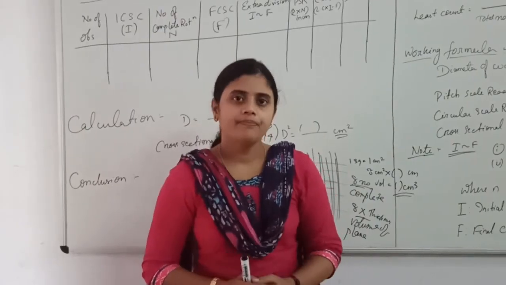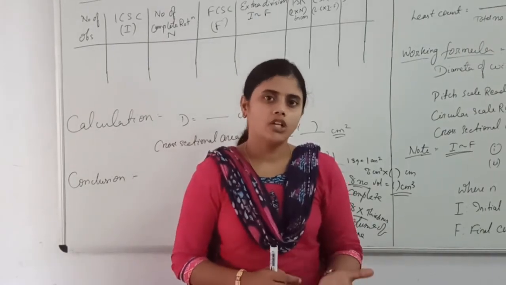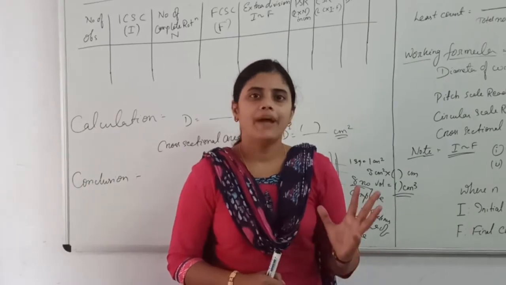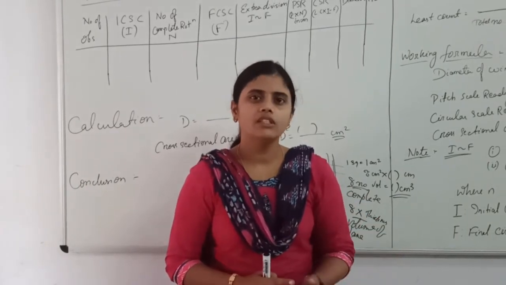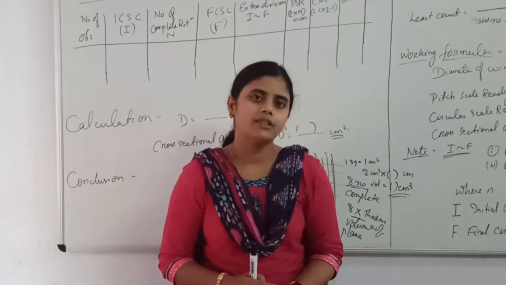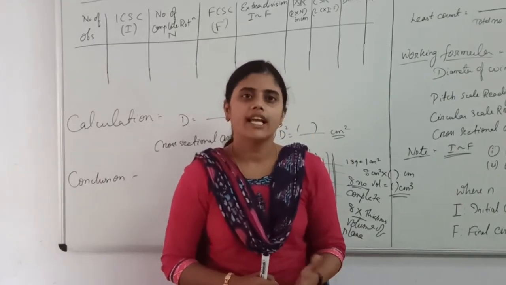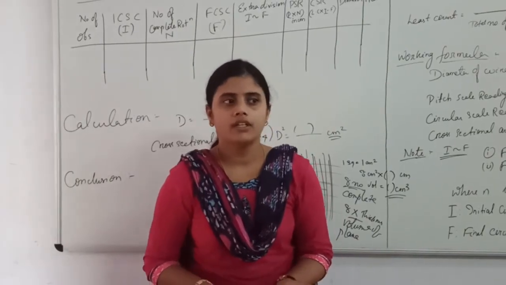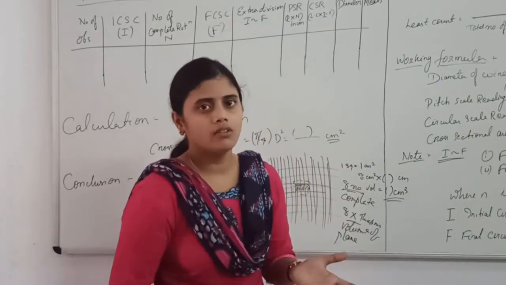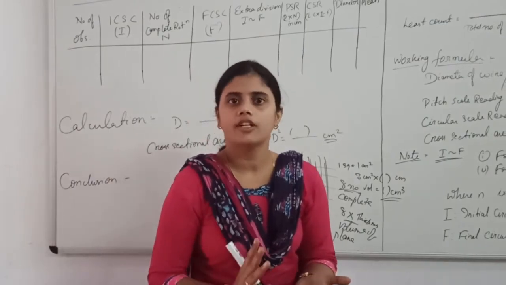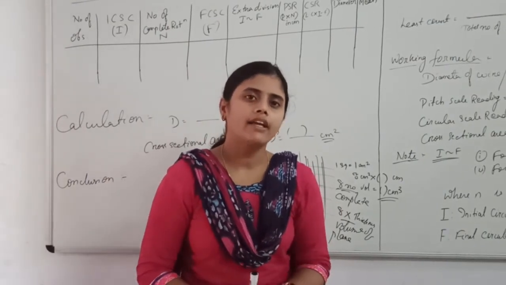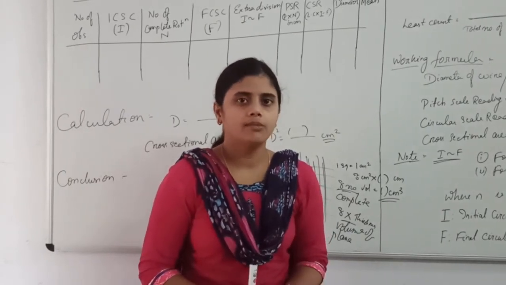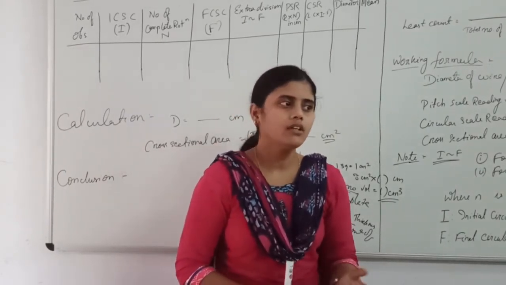In case of error, like in vernier caliper we found out the error, in screw gauge also we have encountered backlash error. But in case of screw gauge, that error is very negligible. So generally we avoid the calculation of error in this instrument. The only motto of our experiment is to find out the initial circular scale coincidence, number of complete rotations, and the final circular scale coincidence. The error part is not included because it is very negligible, which is not necessary for the calculation purpose.